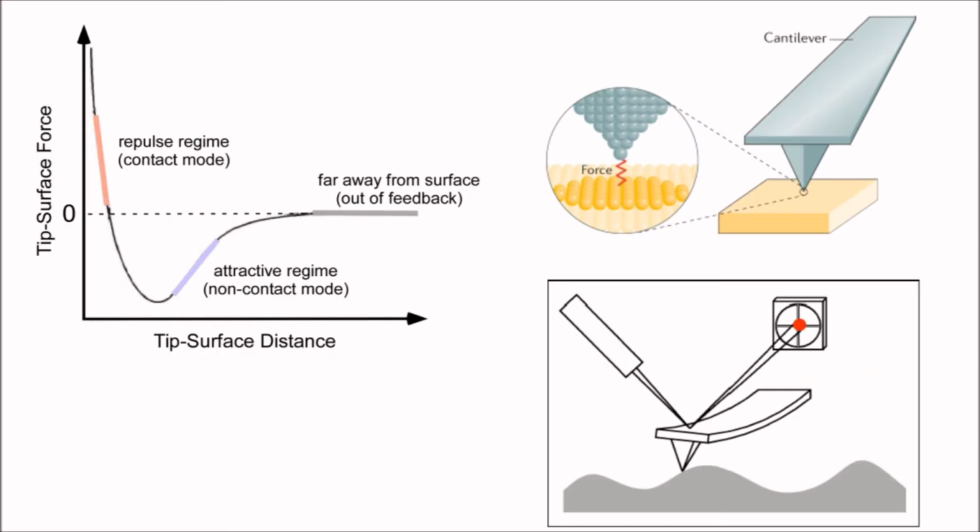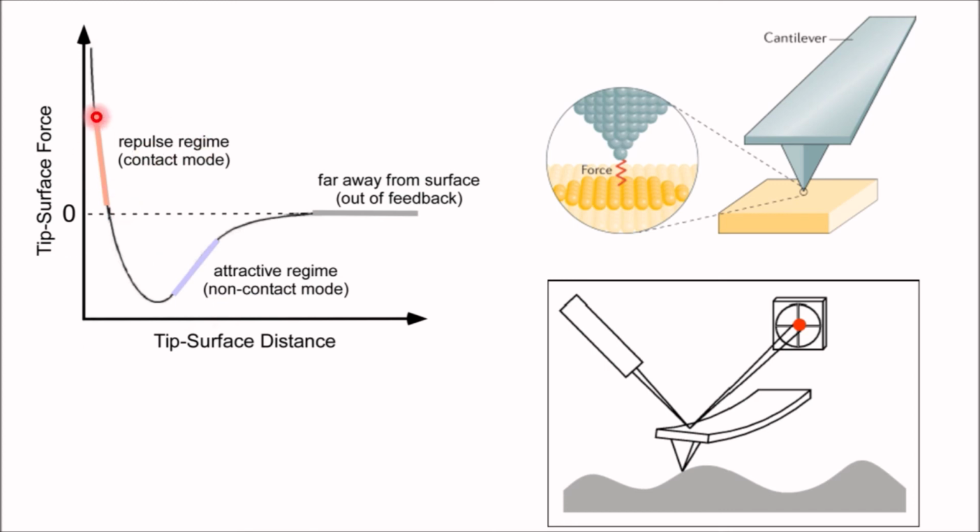Several forces typically contribute to the deflection of an AFM cantilever. Depending on the separation between the tip and the sample, various forces may play the dominant role. The force most commonly associated with atomic force microscopy is an interatomic force called the van der Waals force. The dependence of the van der Waals force upon the distance between the tip and the sample is shown in this figure. Two distance regimes can be labeled here. One is the contact regime and the second is the non-contact regime.